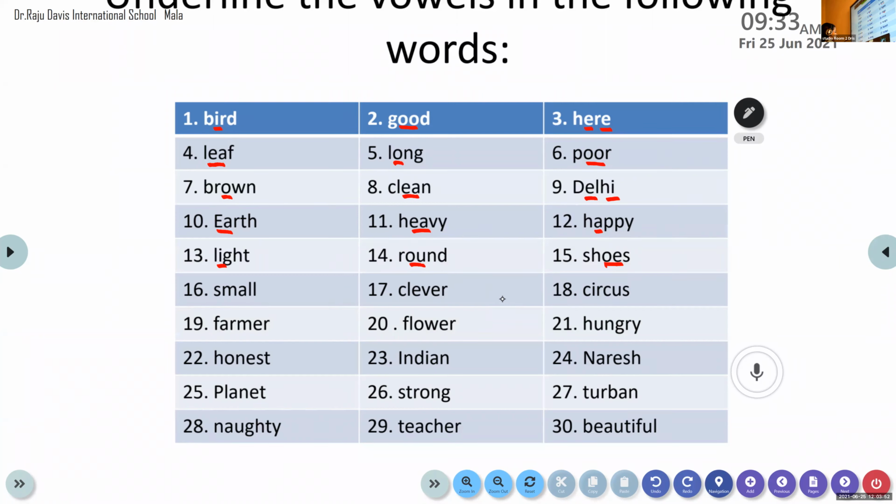So how many vowels are there in it? Abel, where did you go? It is small. How many vowels are there? Pick up the vowels in it. We are in the 16th word. Okay, ma'am. Come on, do it. Identify the vowel in it. Yes, S-M-A-L-L. Which is the vowel there? There's only one vowel in it. Which is that letter? A. A, very good. That's all.